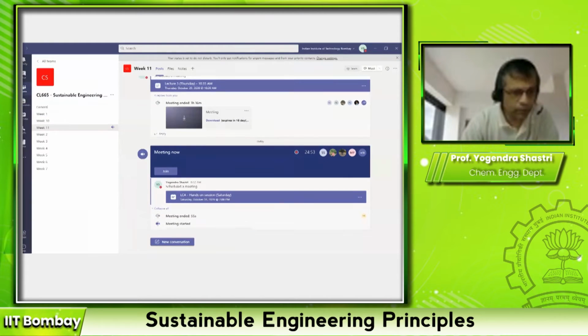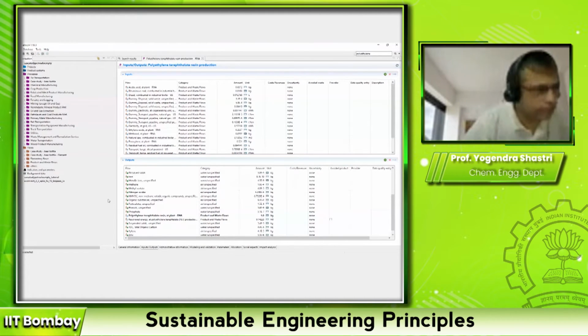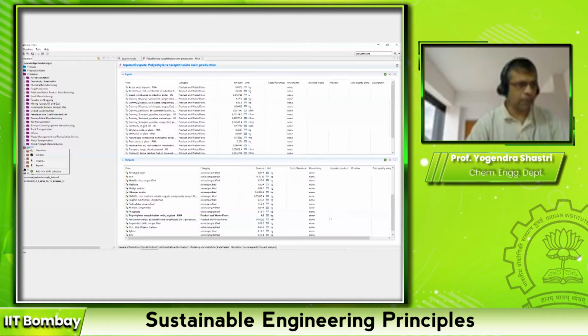Okay, you go back to the database. So how do you define a flow? You click on this flows tab, main flows tab, and you do a right click on this. So just to repeat, you go here on this field, you do a right click here, and you will see several options.